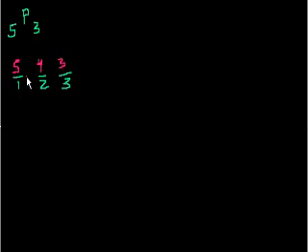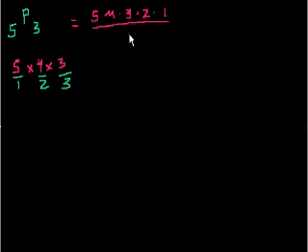So the total permutations, the different ways that people could sit in the different chairs, if we cared about the order, if we cared about which chair they were sitting down in, it would be 5 times 4 times 3. And another way of thinking about that, 5 times 4 times 3, that equals 5 times 4 times 3 times 2 times 1 over what? Over 2 times 1. Right? And that's the same thing as 5 factorial